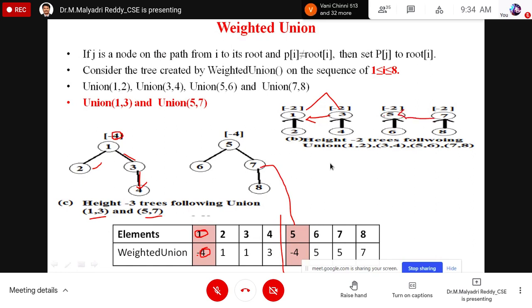So automatically 5 is the parent. That represents it has a total of 4 elements with the root. 6 is the child of 5. 7 is the child of 5. 8 is the child of 7. After that,